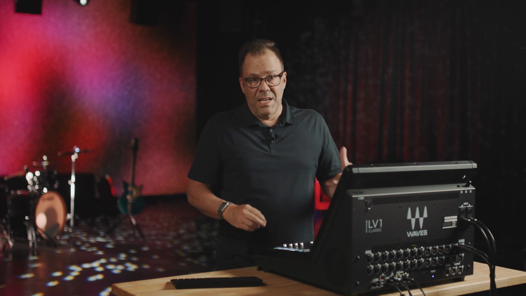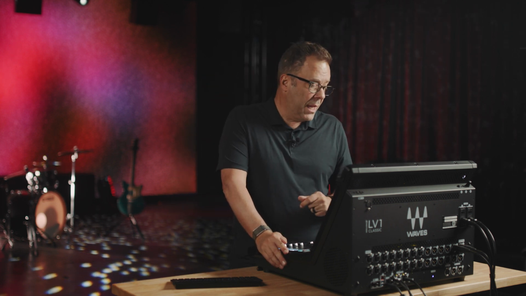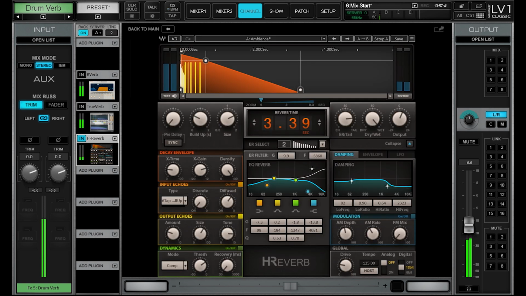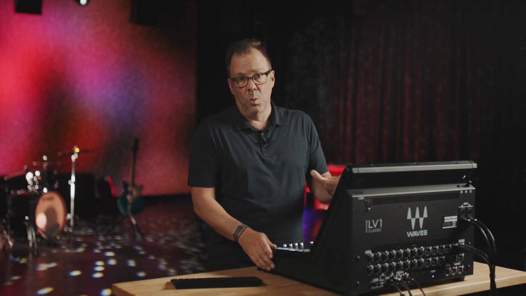So again, there's a lot of ways to get different colors, different kinds of effects, different kinds of maybe high frequency sparkle or darker effects, whatever you're going for. Now, this particular plugin, H-Reverb, if you expand, you can see all of the parameters that you can control. So you've got all kinds of EQ and dampening things that you can control. Reverb time is obviously good. You've got pre-delay here. You've got early reflections, the dry/wet knob, output, all kinds of input and output echoes and dynamics. It's a really expansive tool that is a really great plugin to dig